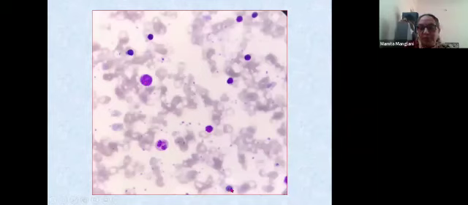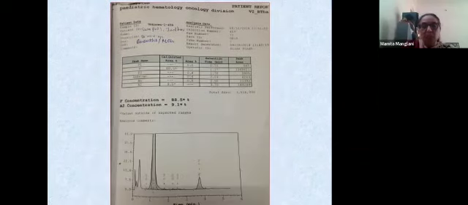As you can see, there's a ring of cytoplasm which is similar to RBCs. That is how you make out a nucleated RBC. Each one is similar to RBCs. That's why they're merging in the RBCs. These are late normoblasts. So when we looked at their HPLC, you can see this is a child's HPLC, 6-month-old, 88.5% of HbF, which suggests a homozygous beta thalassemia.